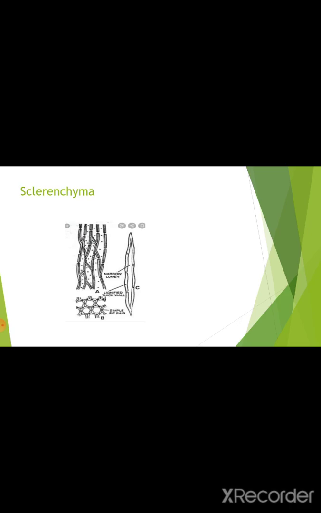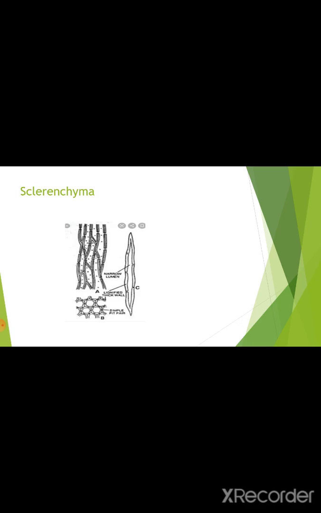Sclerenchyma cells are of two types, fibers and sclerites. Fibers. These are elongated, spindle-shaped cells with pointed ends. Examples are cotton fibers and jute fibers. Sclerites. These are small cells with an extremely thick lignified cell wall. The pulp of fruit and the seed coat contains sclerites.